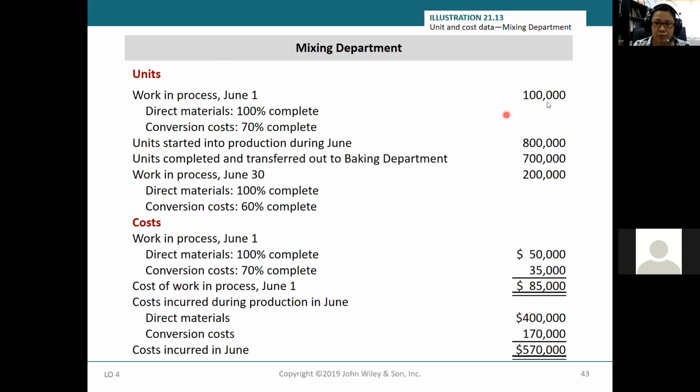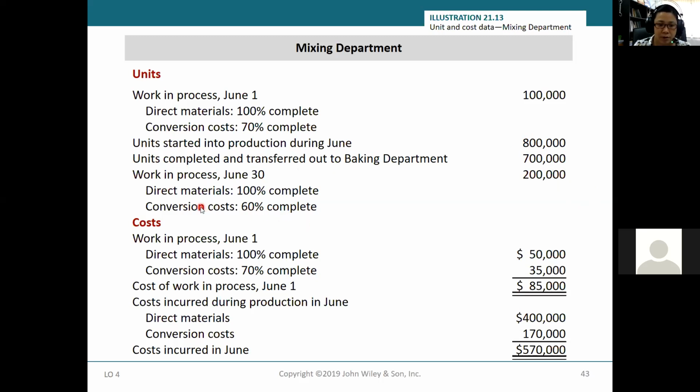At the beginning, we have 100,000 units of work in process, 100% complete for material and 70% complete for conversion. And then they give you how many units started into production during June. We have 800,000 units. And how many units completed and transferred out? We have 700,000 units. The work in process at the end, we have 200,000 units, 100% completed for material and